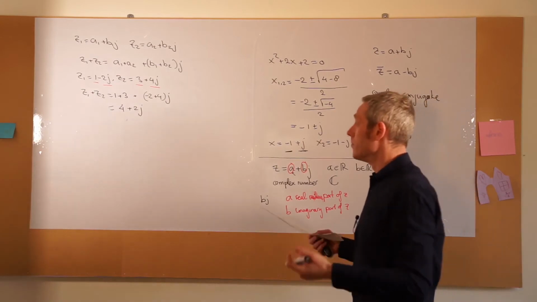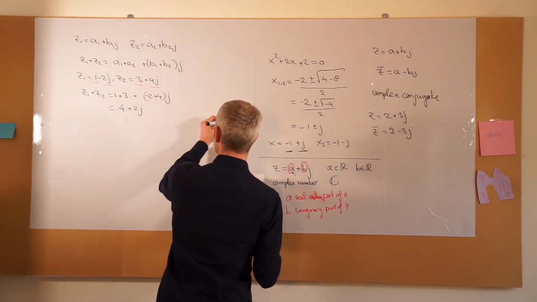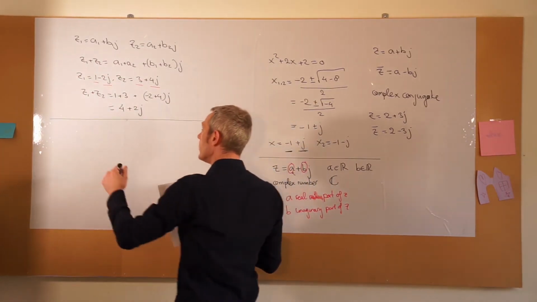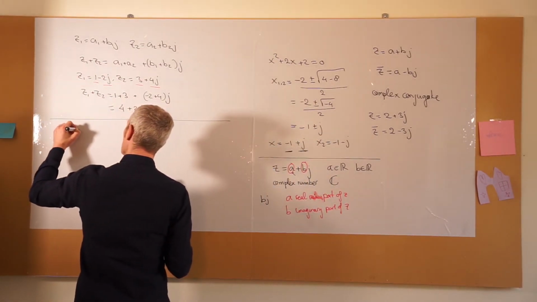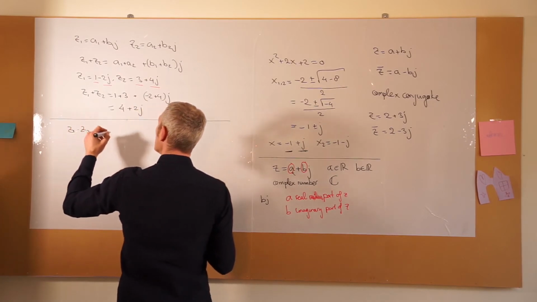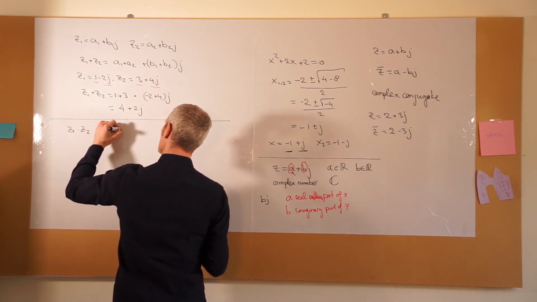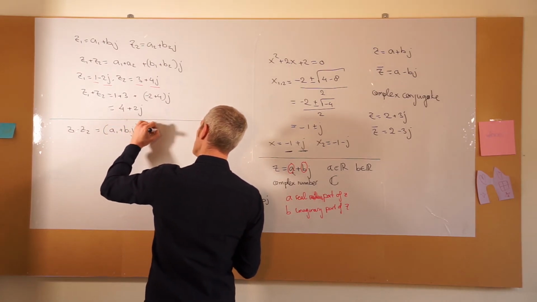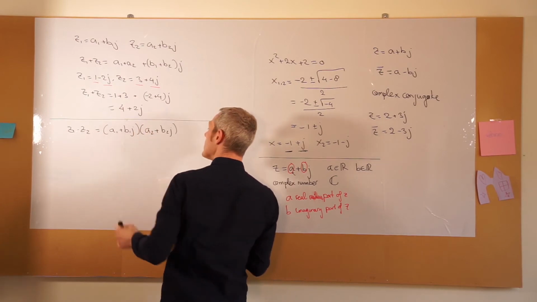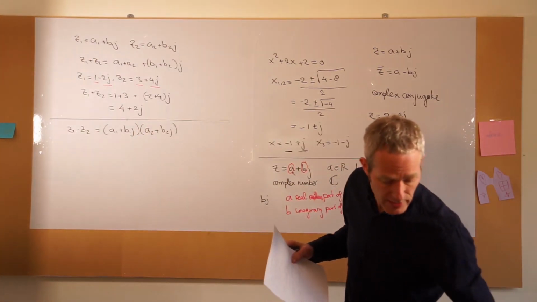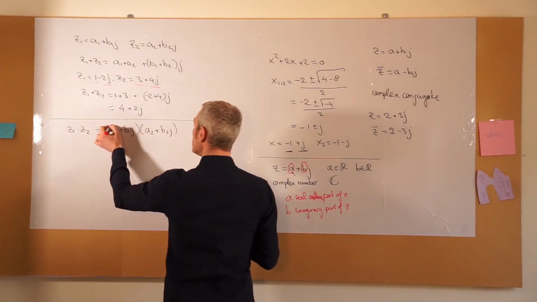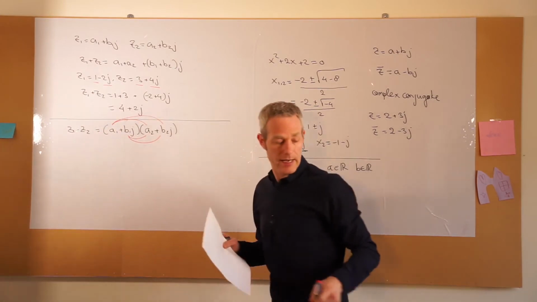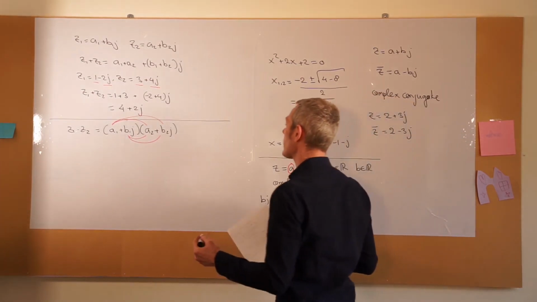Now we can also multiply complex numbers. So if we have our same z1 and z2, well, what is then z1 times z2? Well, that is a1 plus b1j times a2 plus b2 times j, and we multiply this in the same way we typically do. We multiply these two and multiply these two, and we end up with